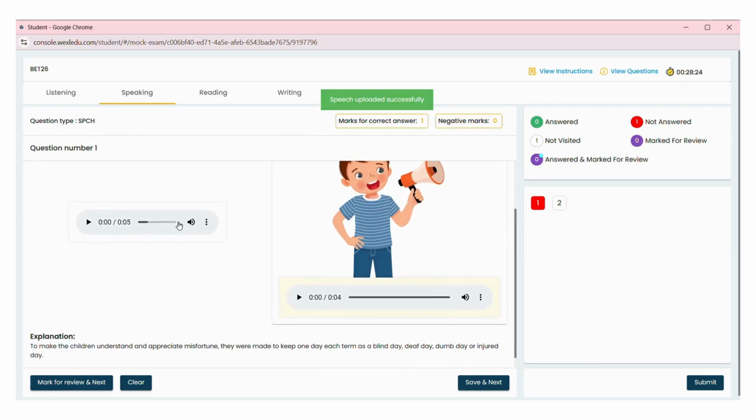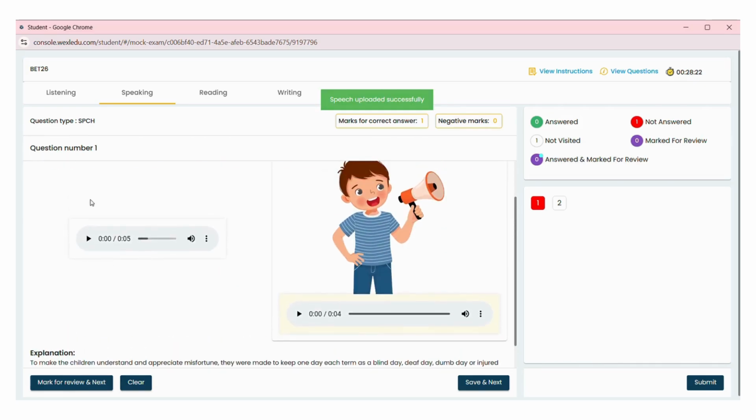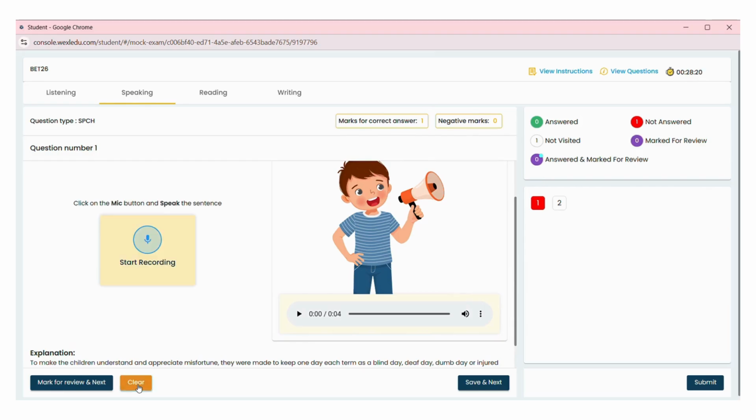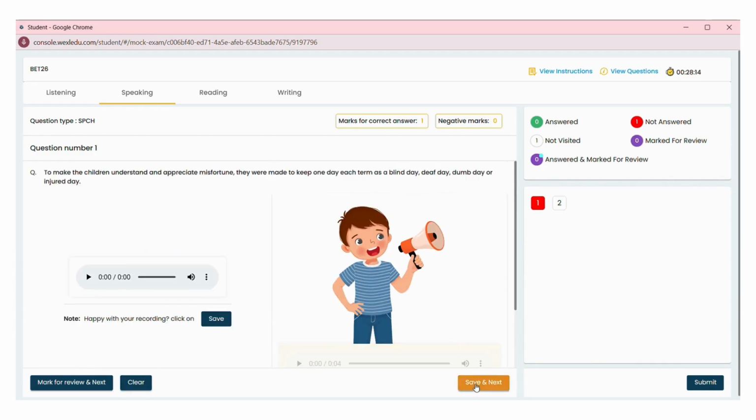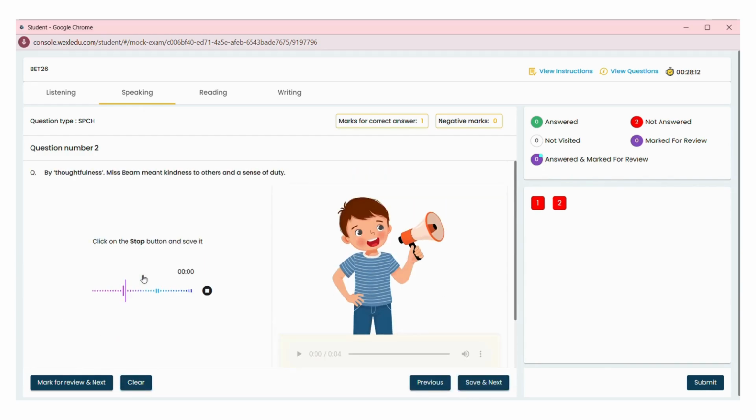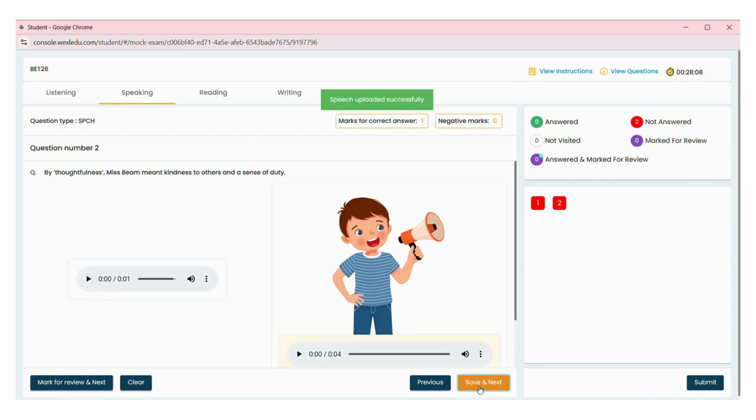If the student is not satisfied with his recording, he can just click on clear and the audio will be cleared. In the same way, the student needs to attempt all the speak type of questions as well. Once after recording, ensure that it is saved and click on save and next.